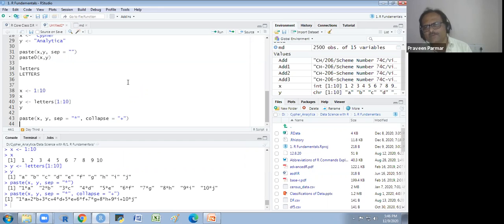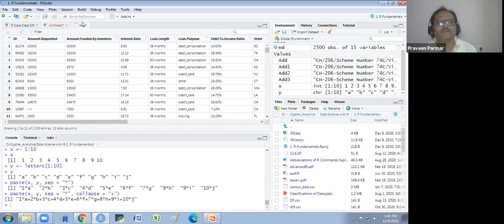Where we use this paste function. Suppose you are working in a bank and your manager asked you, please give me the list of one column list of the person amount requested for loan and loan purpose. These two I want, but in one column only. So you could make a new column in this data frame. He asks you, please add these two columns in the data frame and give me the link or whatever. So what will you do here,